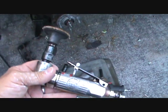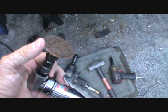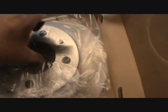Here is the die grinder I'm going to be using. It's an angle die grinder, and this is the fiber cookie. Okay, it's a glass substance. That's what I'm going to be using to clean that off. So now what we're going to do, just open these up. Okay, here's a new rotor, and it's in a plastic bag, and it's also got cosmoline or some sort of